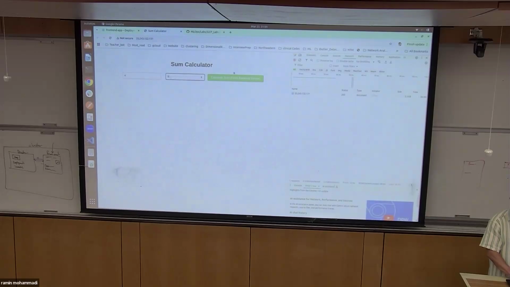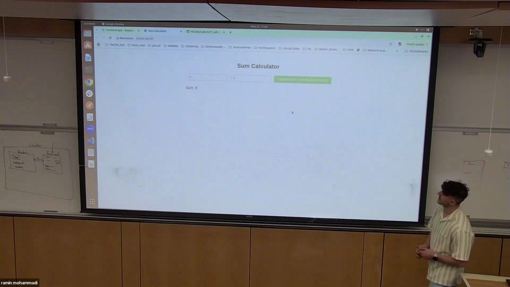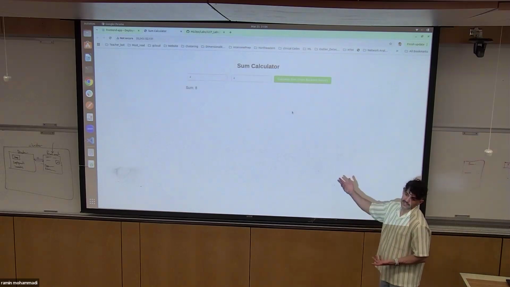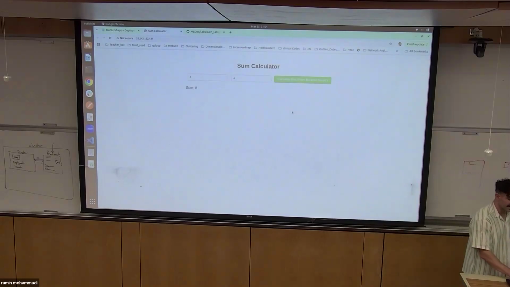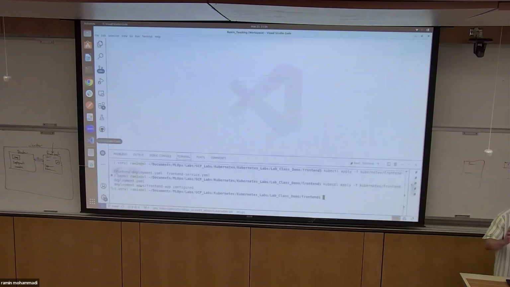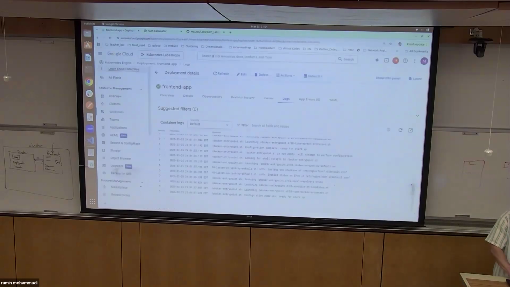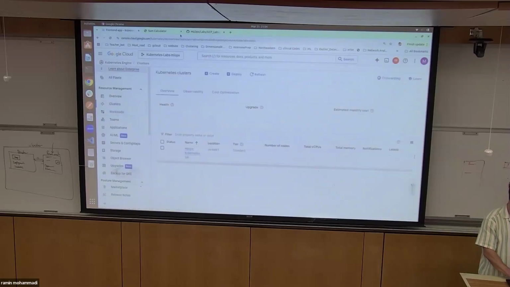So 4 plus 4. Oh, it's just slow. So basically 4 plus 4, 8. So now what we have is a couple of things, but the main idea for you is that if you're doing a front end and back end for your project, actually,